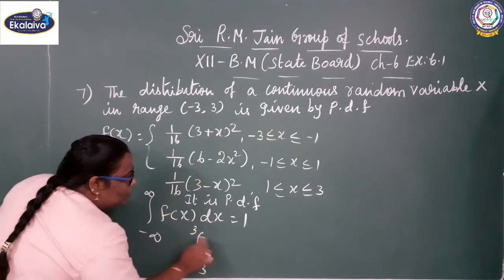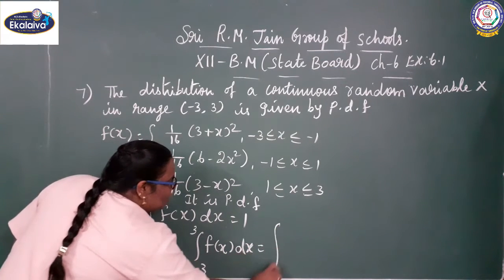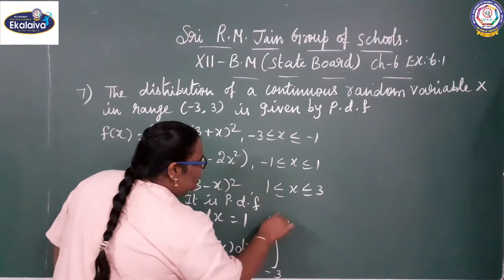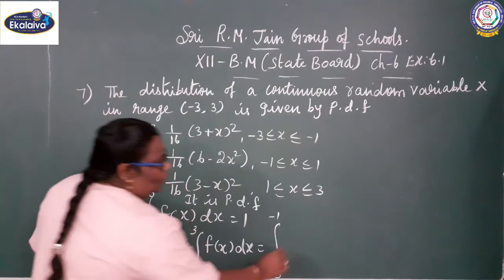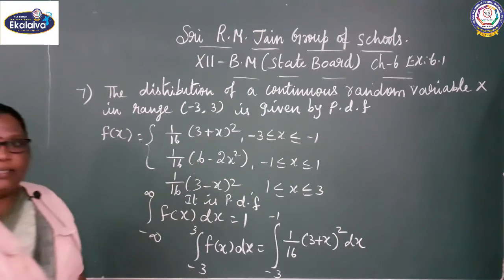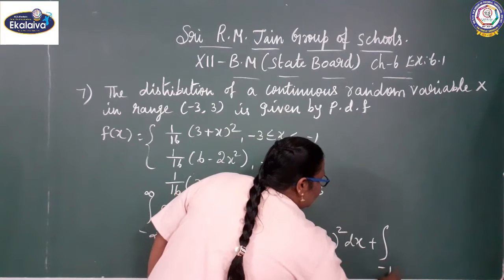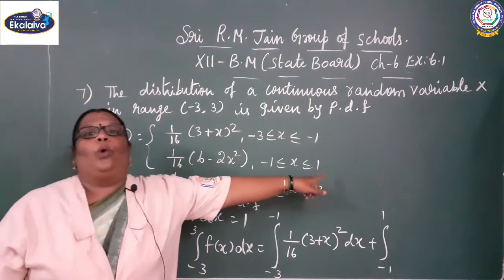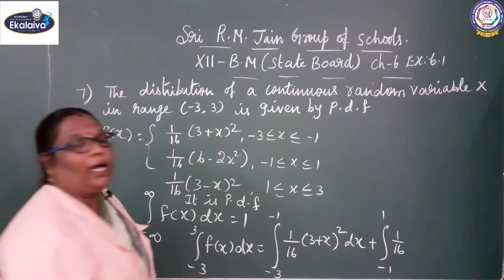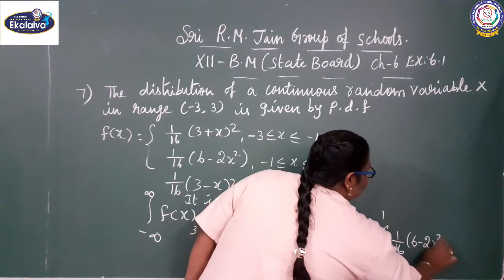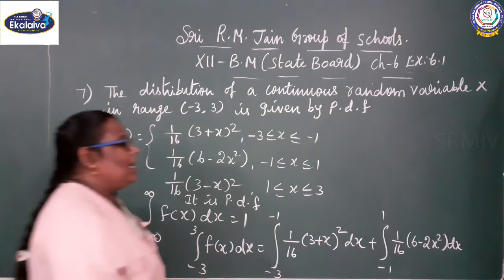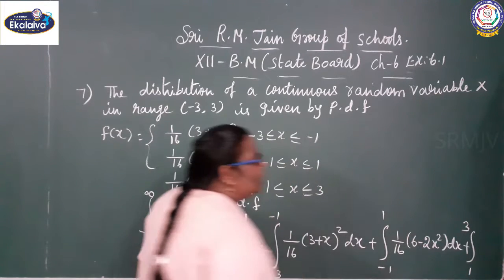So, integral minus 3 to 3 f of x dx equal to integral minus 3 to minus 1, 1 by 16, 3 plus x the whole square into dx, plus integral minus 1 to 1, 1 by 16, 6 minus 2x square into dx, plus